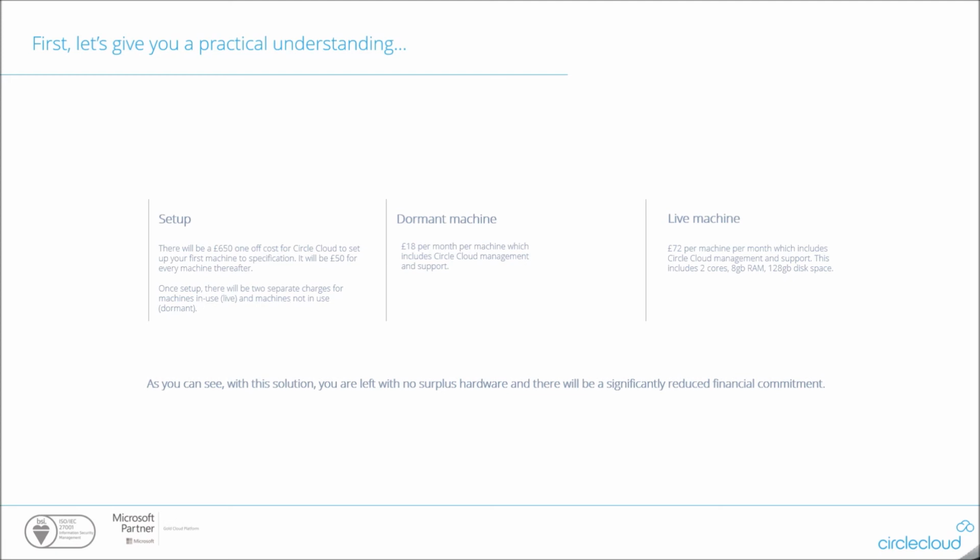Once that machine has been configured and set up, and all of the other machines have been configured and set up and they're running, we would then shut those machines down and the commercial model moves into the dormant machine phase. Once those machines are dormant, they're actually shut down, but they do obviously retain their full configuration. The fee for those machines, whilst they're actually shut down, is £18 per month per machine, which that fee basically